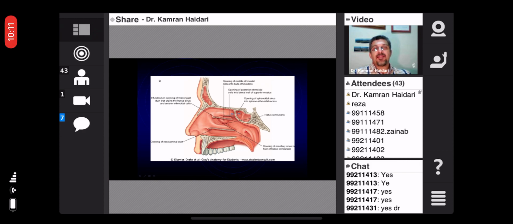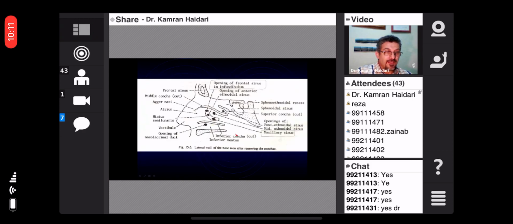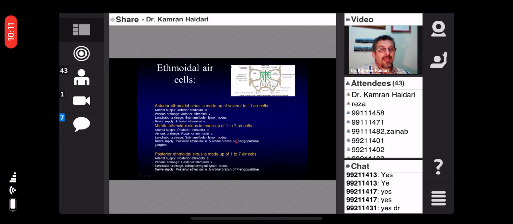Anterior group and the middle group are drained into the middle meatus. Anterior drains here, and middle ethmoidal air cells drain here. And another thing about the middle